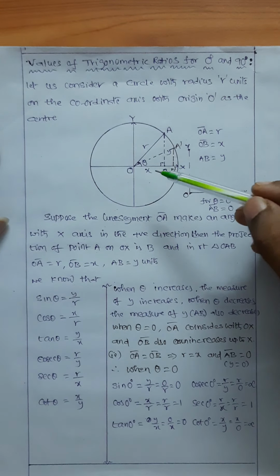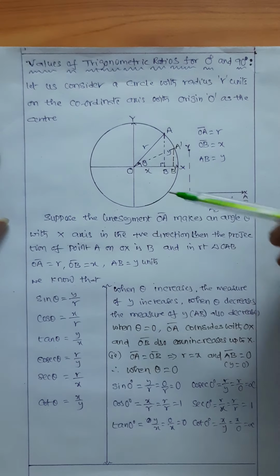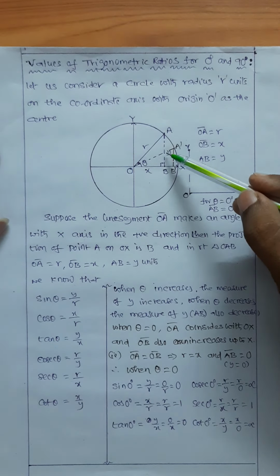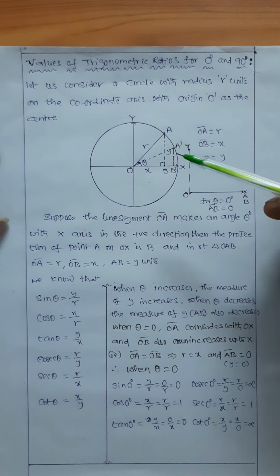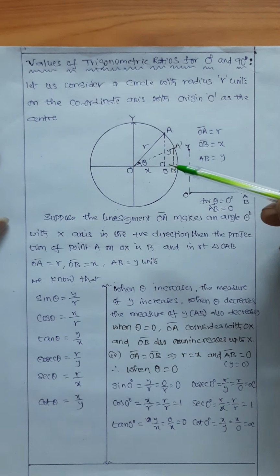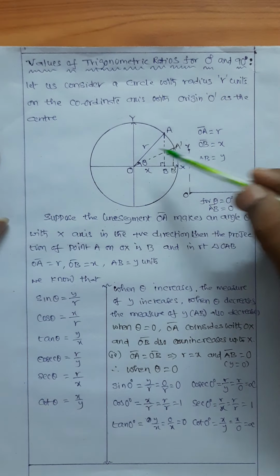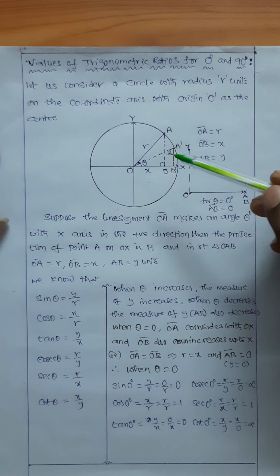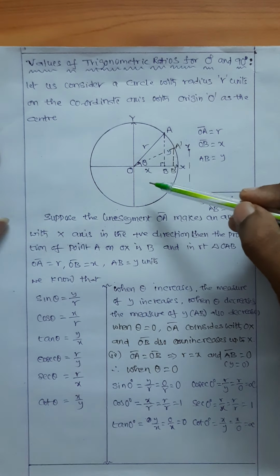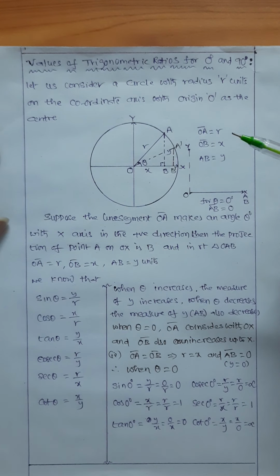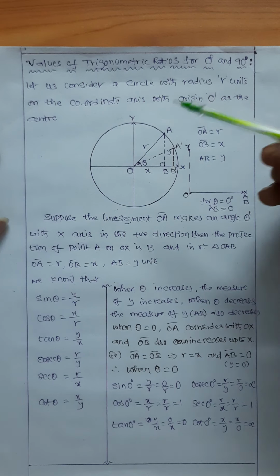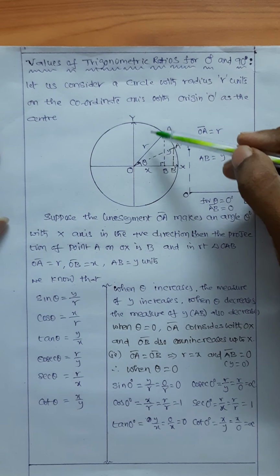With respect to this theta, you know sin theta is equal to y by r, cos theta is equal to x by r, tan theta is equal to y by x, cosecant theta is equal to r by y, secant theta is equal to r by x, and cot theta is equal to x by y. Okay. Now, if you increase theta,